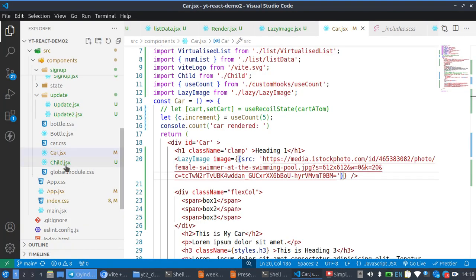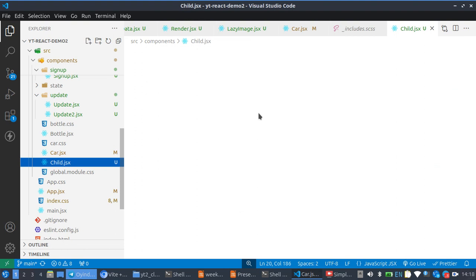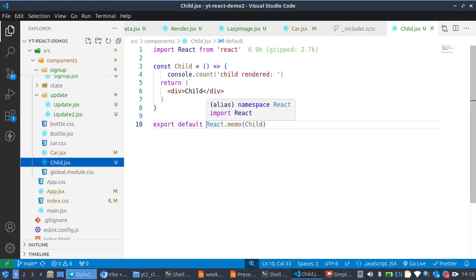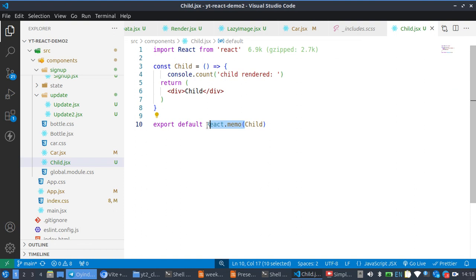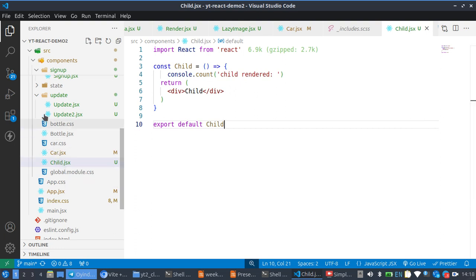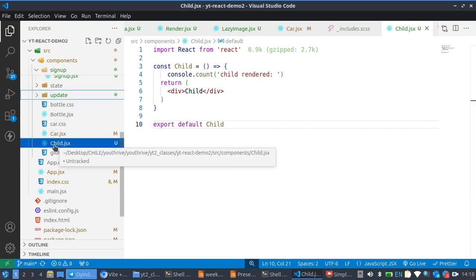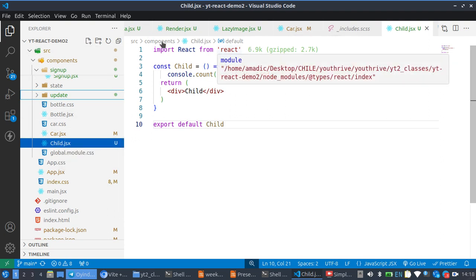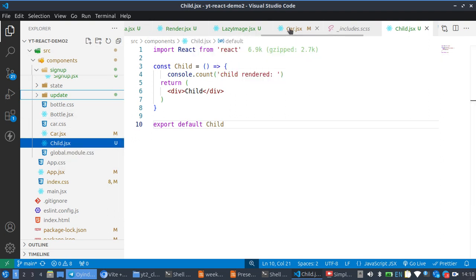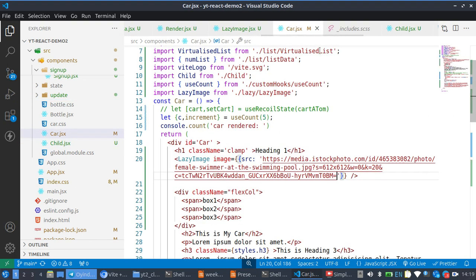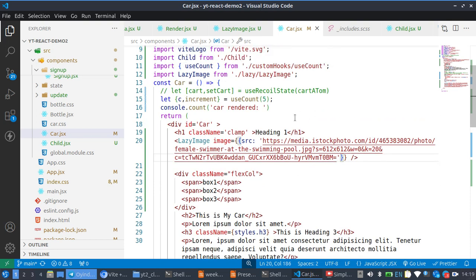Let's go back to, and we have a child component. So I think I should remove this for now. So let's find out why. So what we want to do now is this. So let's go. This is our child component. So let's go back to our car component. So what I want to do now is, notice from here that